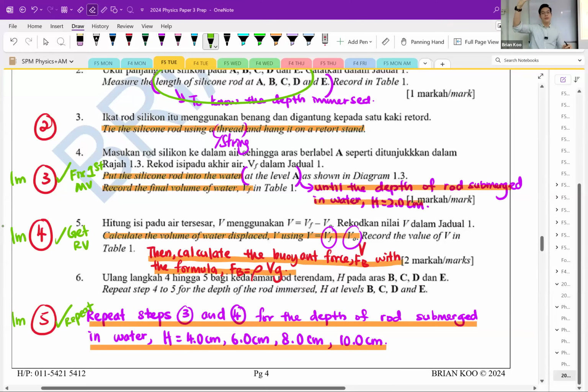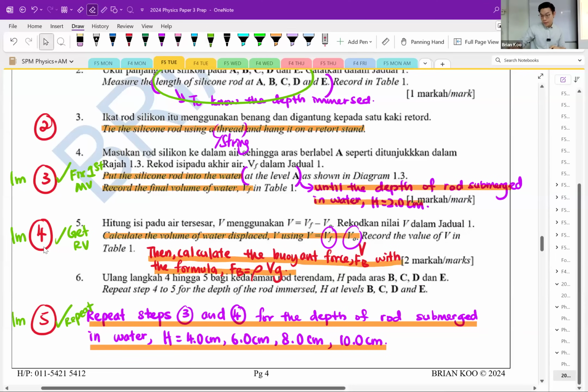Does it mean I don't need to write number 1, number 2? I think you still need to, or else the story is not complete. Yeah, so the first 2 steps are just for setting up everything. You don't get marked, but it completes the whole story, so you better write it. Okay. So if unguided, you write like that. 1, 2, 3, 4, 5. Good enough. You don't have to say record in table or that. Don't need.